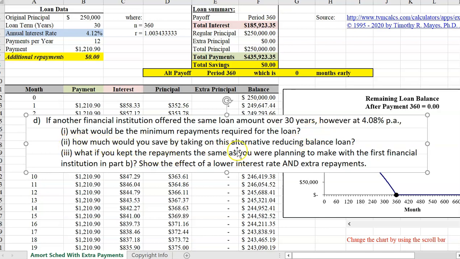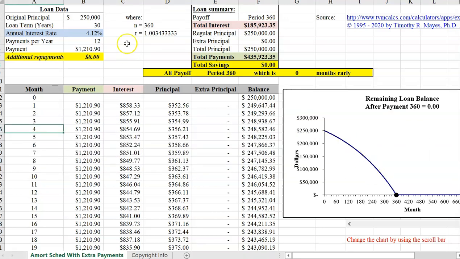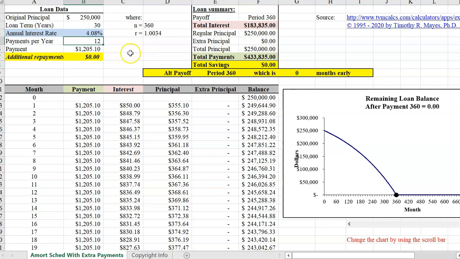How much would you save by taking on this alternative reducing balance loan? And what if you kept the repayments the same as you were planning to make with the first financial institution in Part B, and show the effect of a lower interest rate and extra repayment? Okay, so the first thing we're going to do is have a look at what happens if we change it to 4.08%. So if we look at that, our repayments drop to